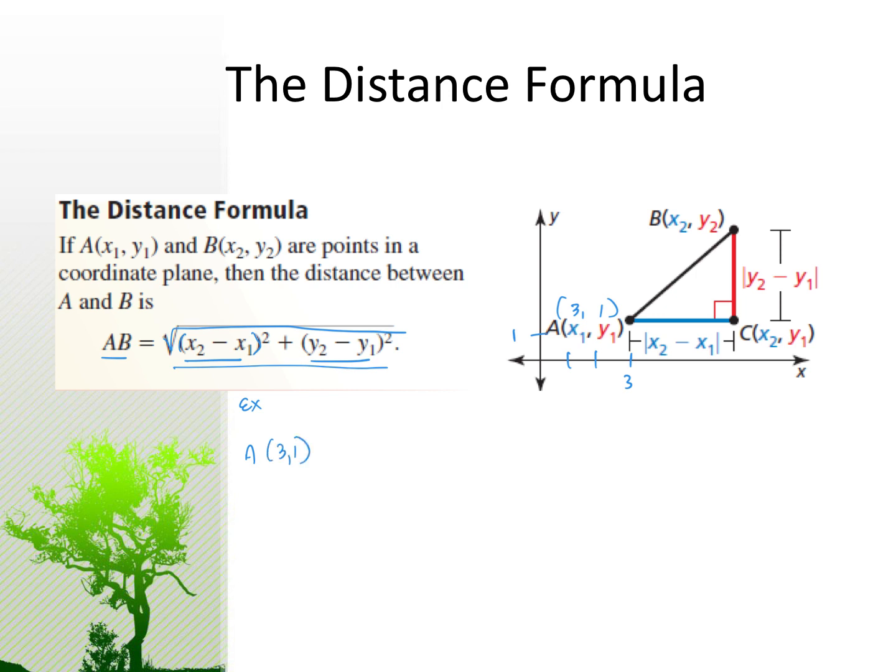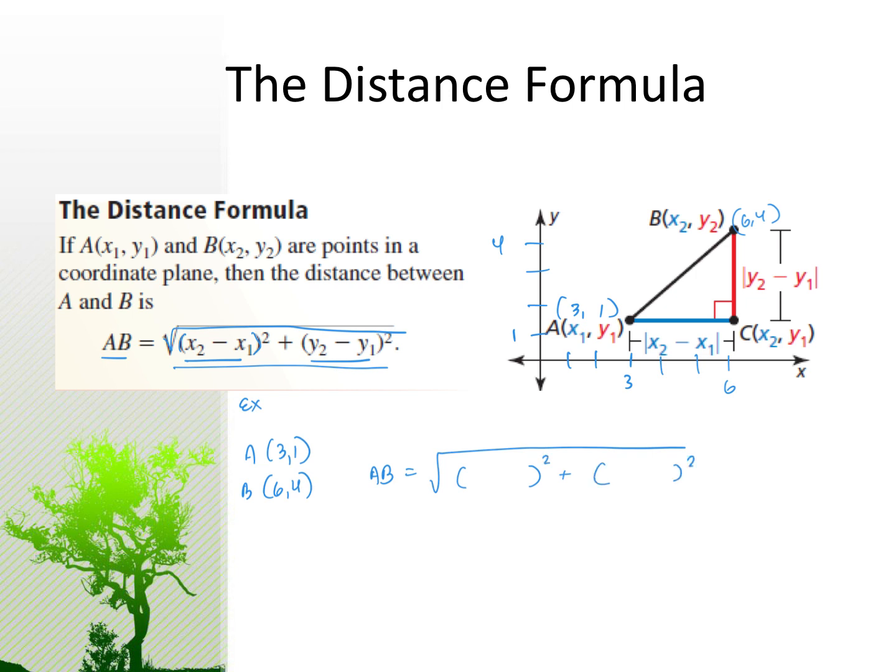I'm going to make B 6, 4. And again, this is just me giving it a random value. Okay? So if A was 3, 1 and if B was 6, 4, and I wanted to find the length of segment AB, I would take the square root of,